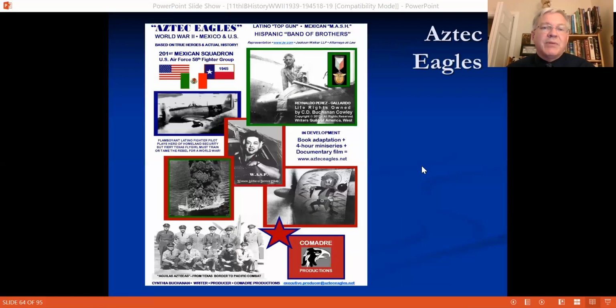There was a military unit. Here we go. The Aztec Eagles. Write this down. The Aztec Eagles served in the war. They were also known as the 201st Air Fighter Squadron, and they served alongside the United States, operating out of the Philippines after we liberated the Philippines in 1945. So here we go, Mexicans playing a key role in participating in World War II along with the United States of America. Okay, all right, let's turn our attention to Brazil.